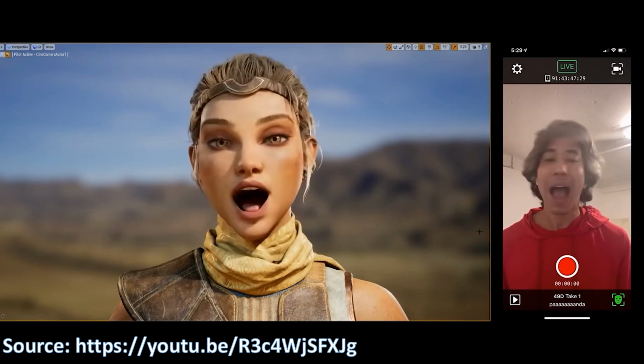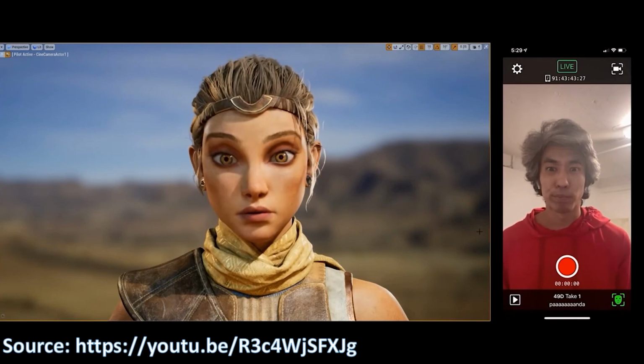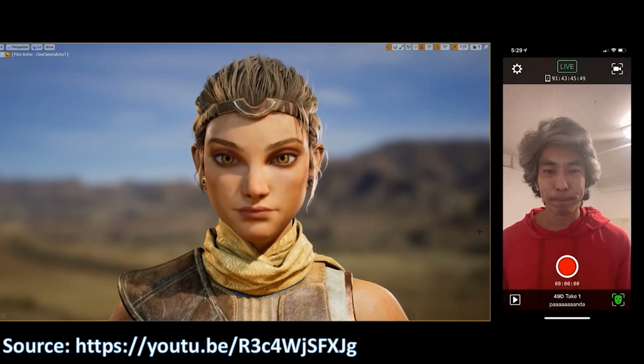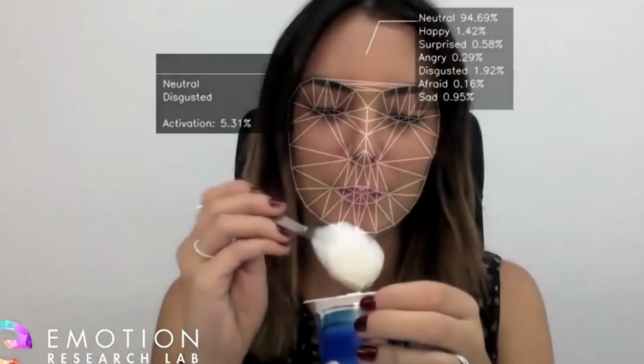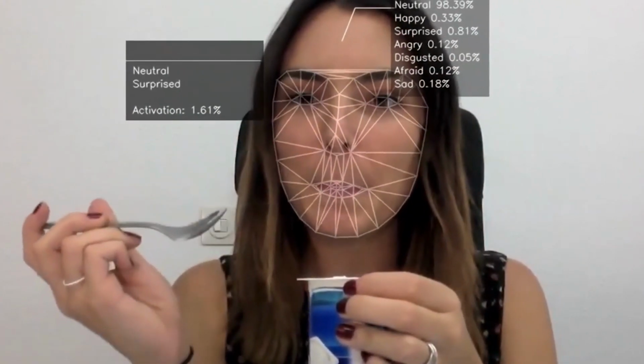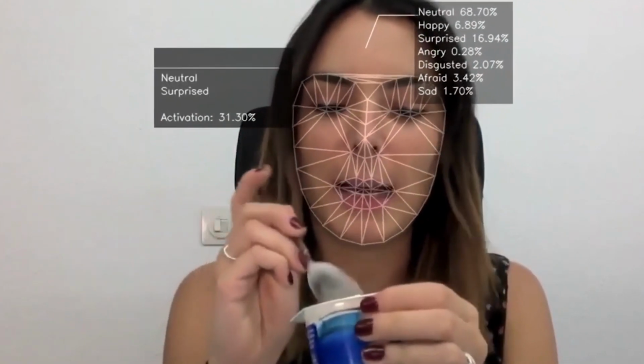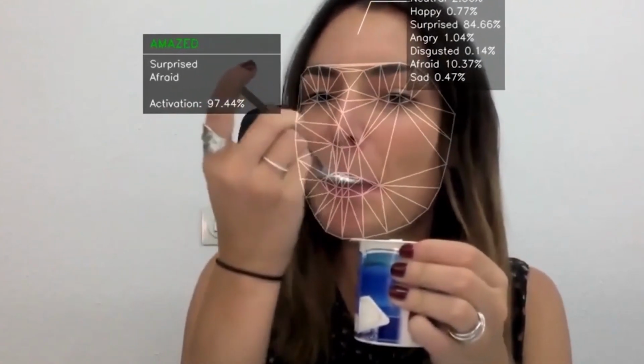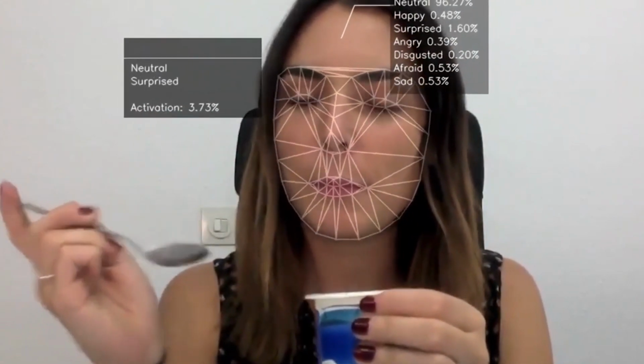For example, consider this: controlling an animated 3D character with your facial gestures. How cool is that? Here's another application where you take a face and then morph it into something else. For that to happen, you need to locate those coordinates and then transform them into something else. So this is another cool application of this. Here's another one. Once you have the facial coordinates on the face, you can actually monitor the facial expressions or the emotions of a person. So this is really exciting and really cool. And these are just some of the applications that you can build.